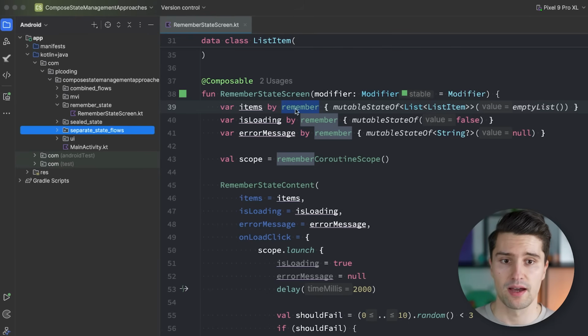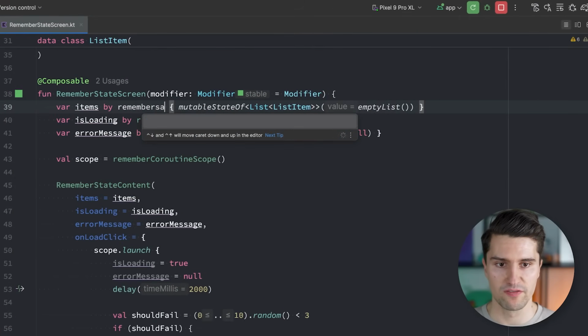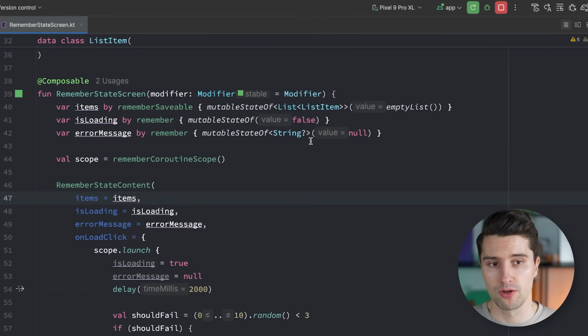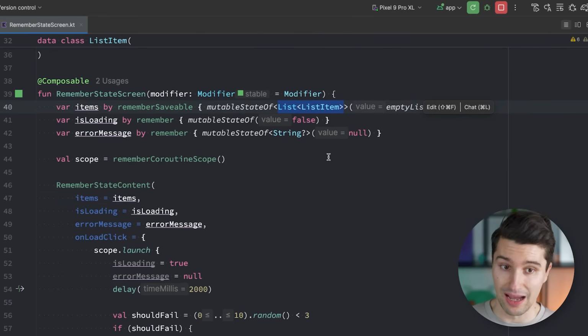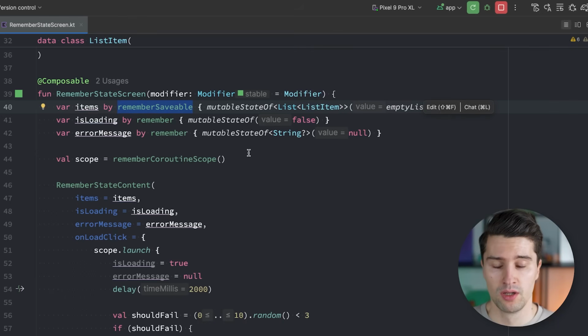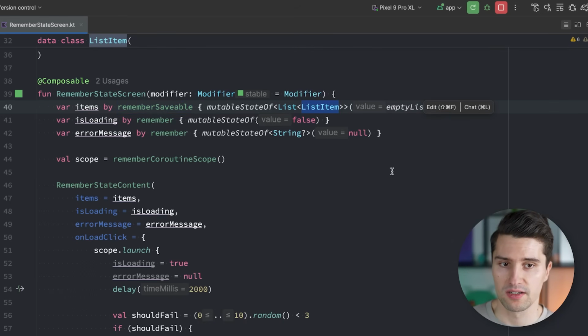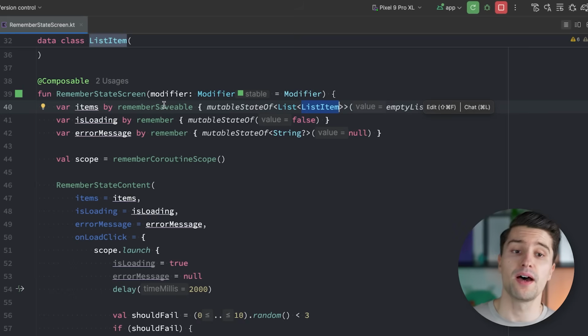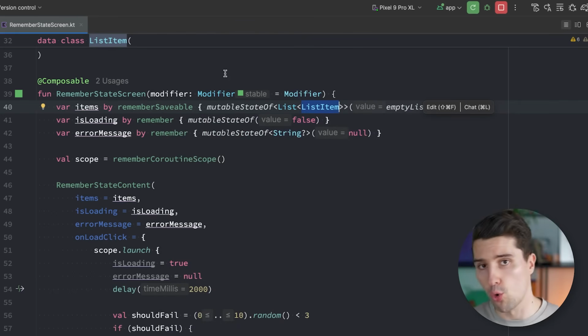Yes, we can fix that by using remember saveable, which will actually persist those values across recompositions and even across process death. But on the one hand, your state also needs to be serializable. That is a requirement of saveable. And the moment you have some sort of more complex type of value that you store here, that doesn't work anymore. And even with that approach, this remember or remember saveable and mutable state of approach has a second very big downside,